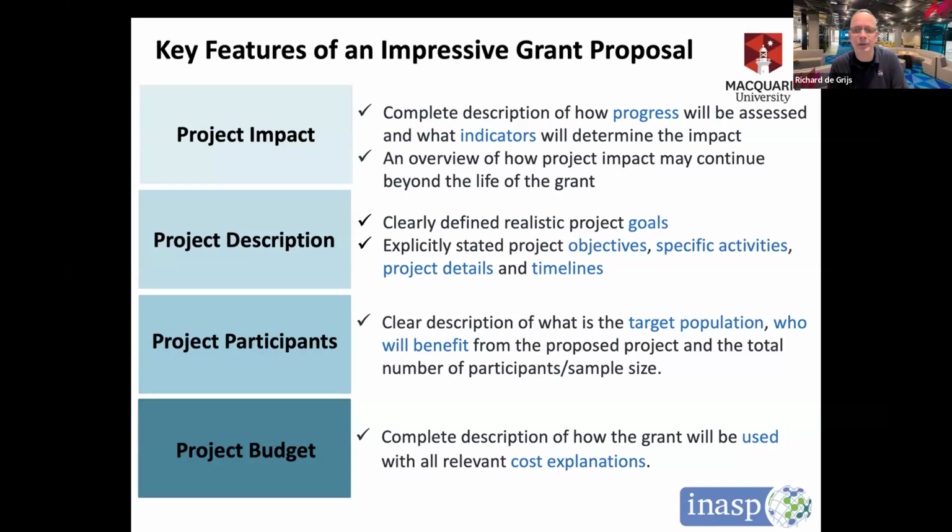The description should include clearly defined and realistic goals and explicitly state the objectives, the specific activities, the details, and the timelines. And the participants should also be clear about what the target population is, who will benefit, but also who you as a team are. And then the costs need to be complete so that it's fully justified what you're going to fund and spend